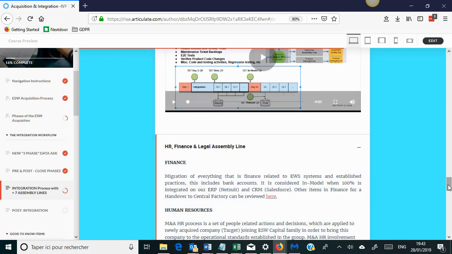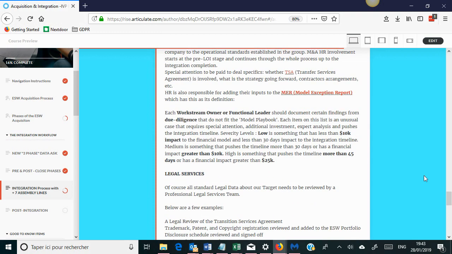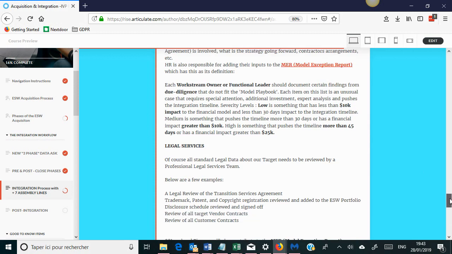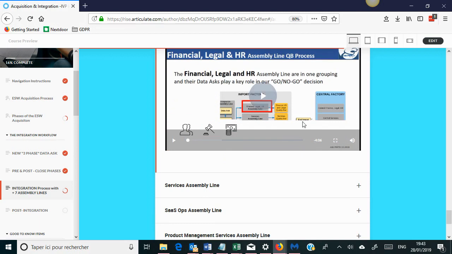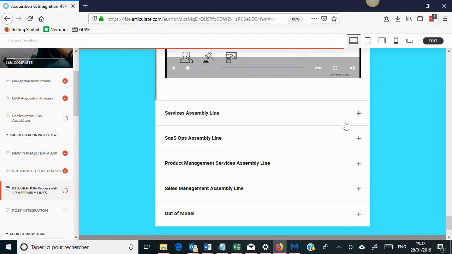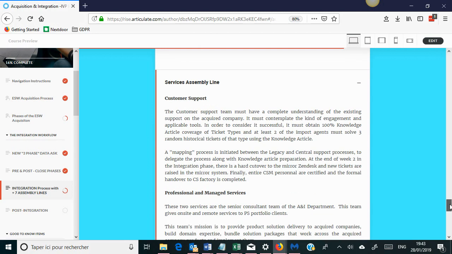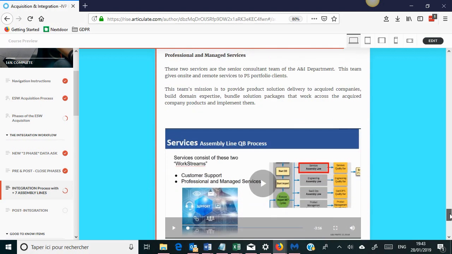I did full training for HR too and finance. What is a model exception report? And that is some extra fees that are going to be incurred when we buy the company. And I worked on this too. Kind of explanations of what customer support is, professional managed services,